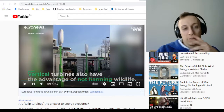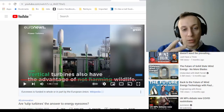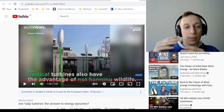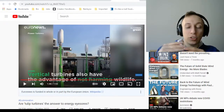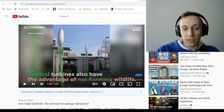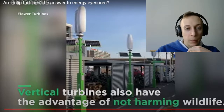That doesn't look so bad. Again, whether you like the aesthetic or not, this is much more palatable, I think, than having 20 of them on the roof of your house, which I don't think will happen. To me, I think this makes the most sense for cities and maybe even commercial properties, where they're much more about the efficiencies. And yes, they want the aesthetic to look nice, but not so big. And as you can see right here, I'll zoom in a little, they both have solar and wind. So again,